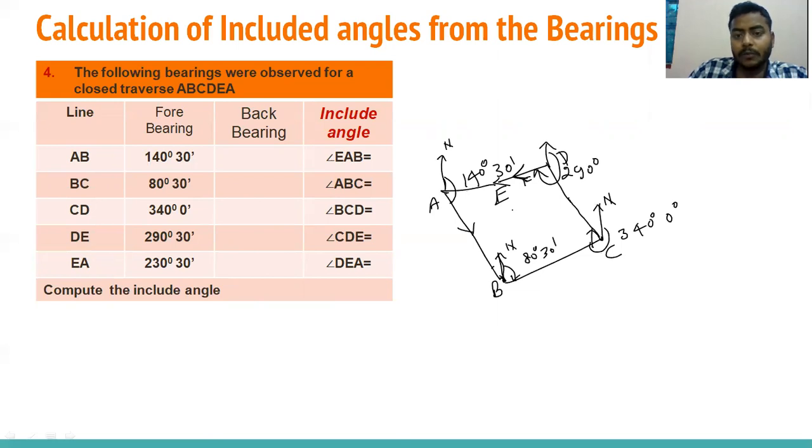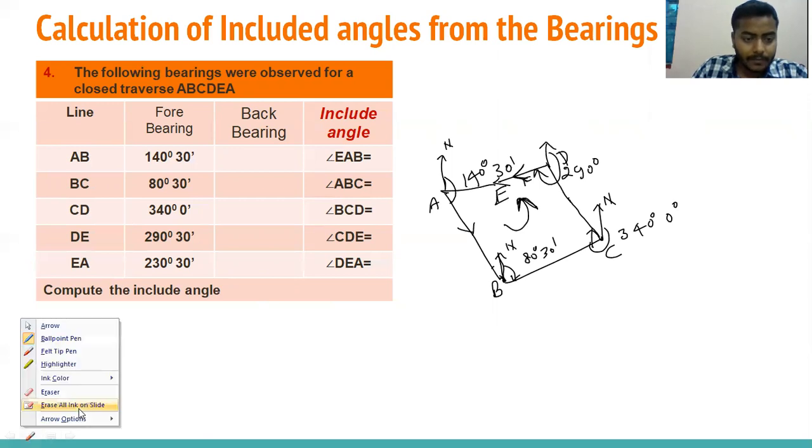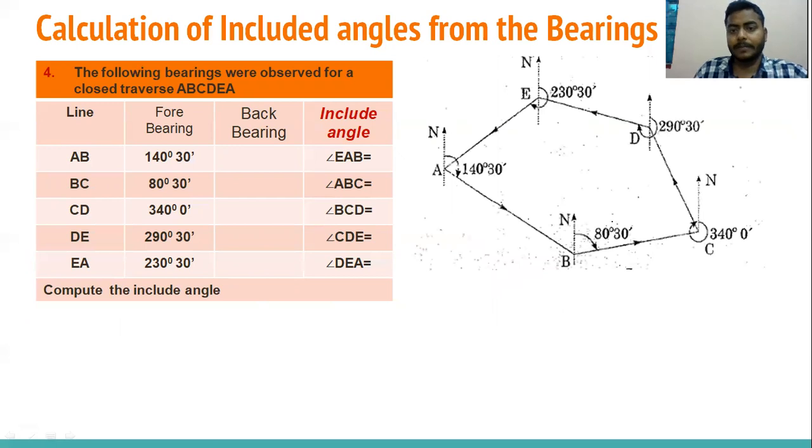Now we will draw E to A. So this is the rough diagram, showing how the traverse is going in the anti-clockwise direction. So whatever angle we get as the included angle will be an interior angle. We have drawn a clear figure here. You can see everything, every angle, is very clear in this picture. It's going anti-clockwise. Once the figure is going anti-clockwise, whatever included angle we get is an interior angle.